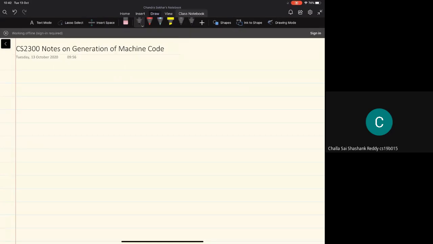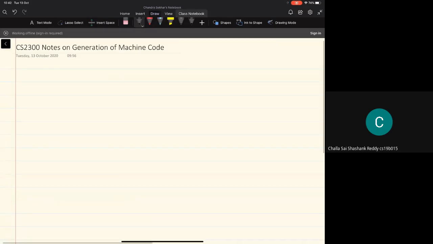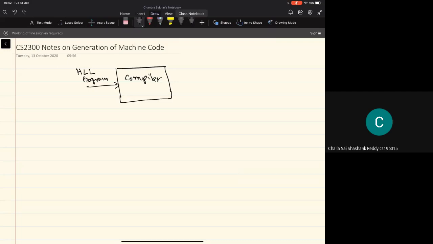code. Okay, and you must be aware that typically the machine code generation is done for higher level language programs by software called the compiler, which typically takes a higher level language program, like a program in C, and then generates what is called the machine code, and machine code will be completely in the binary form, and that will correspond to the sequence of instructions that represents the higher level language program.